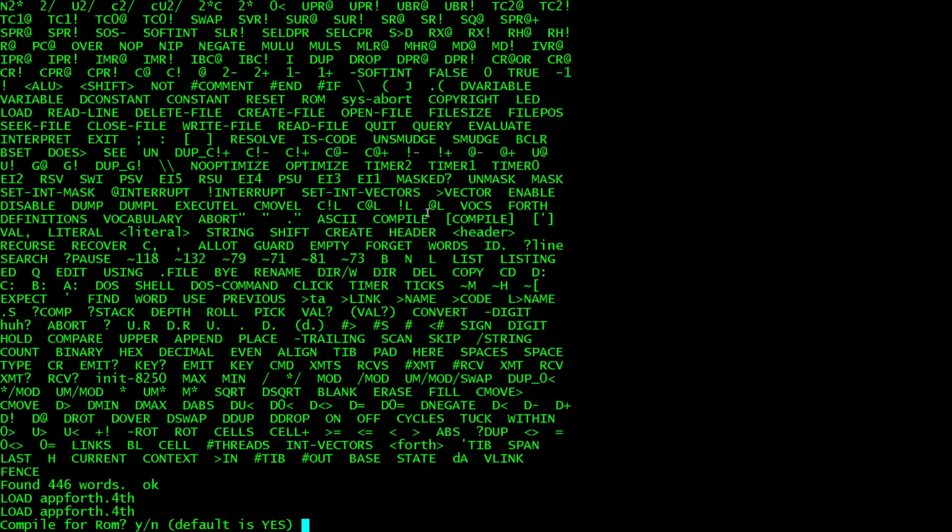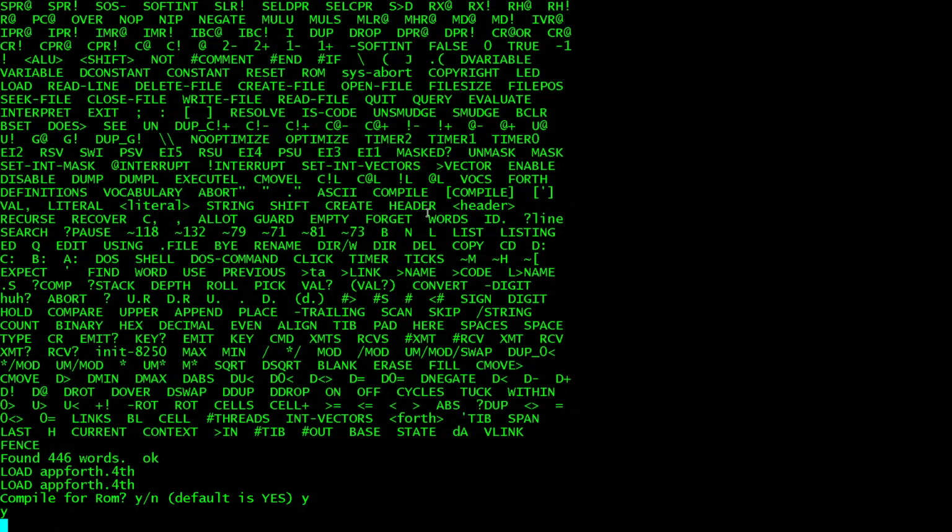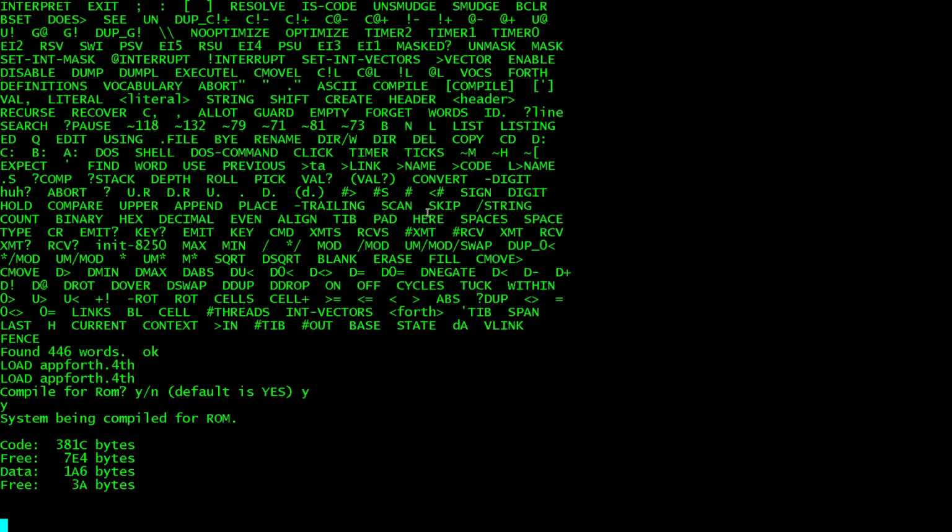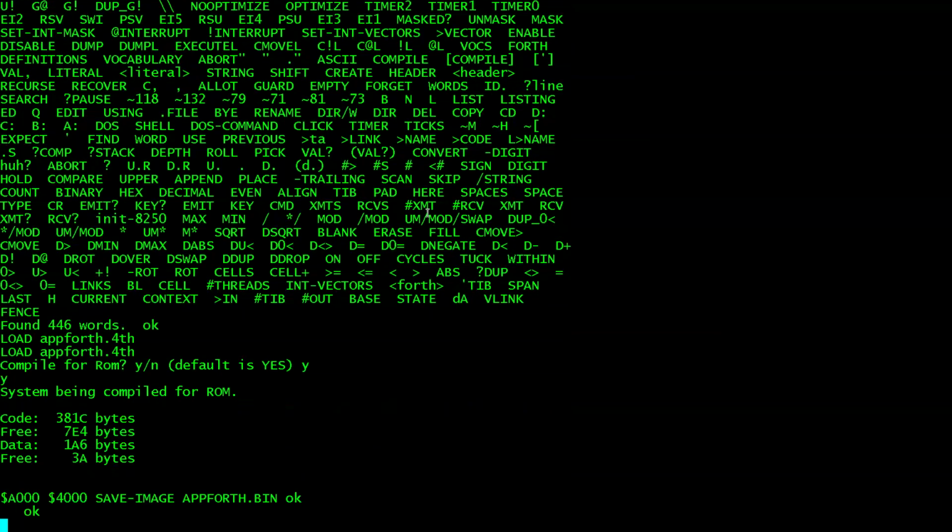If you were to compile to make a ROM, to make a new hex file effectively, then you would say yes, or just hit enter. Otherwise, you end up with a copy in memory that you could jump into directly. So the default is yes. We say yay, and it compiles. This will take a little bit because we are talking a simulator,